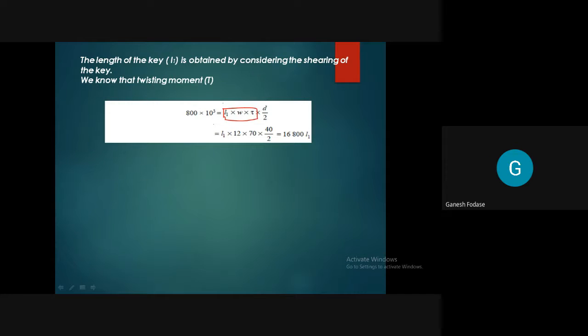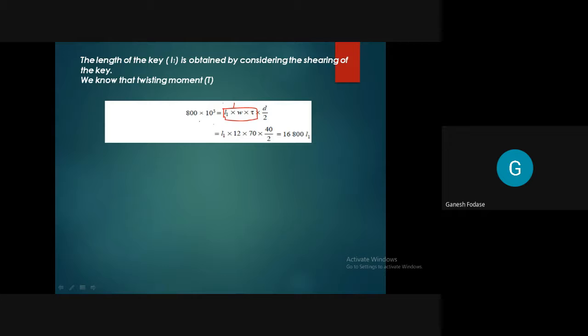What is this and what is this? This is nothing but a force applied. Yes or no? Force responsible for this twisting moment. Let's say this is your applied moment. On any shaft, in a machine component, there will be an equilibrium condition. There is an applied torque and there is a resisting torque. Are you getting what I'm saying? One torque is applied torque, the other torque is a resisting torque.